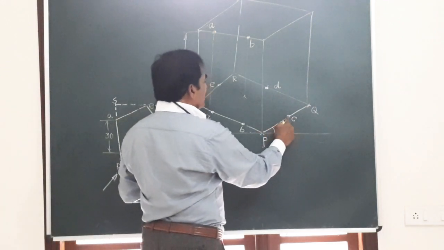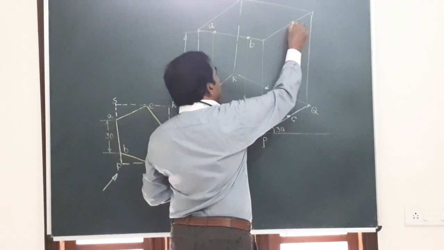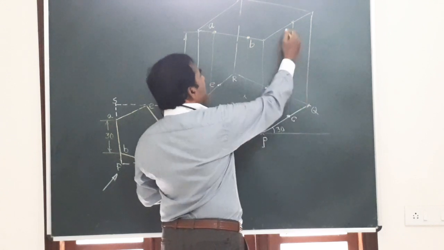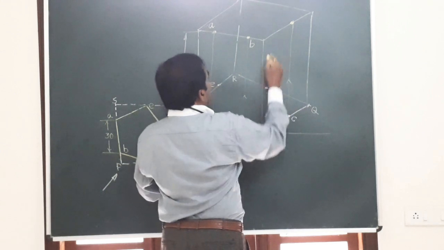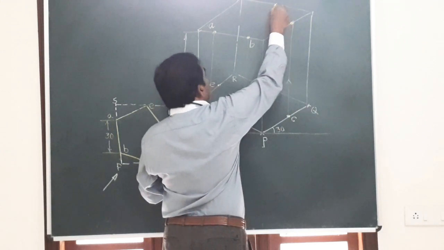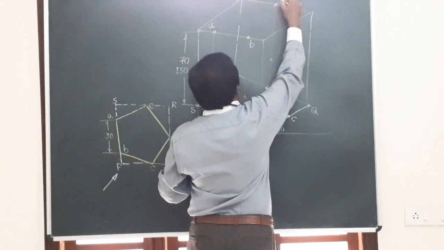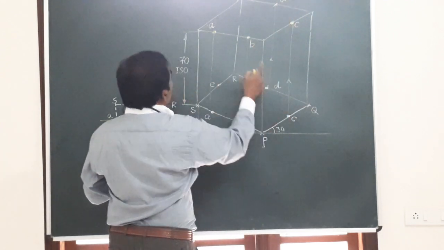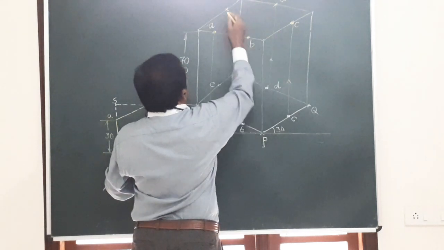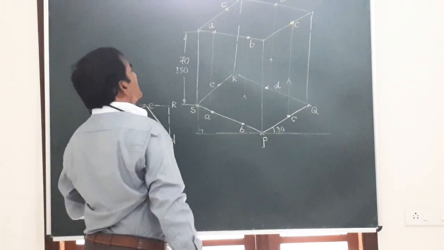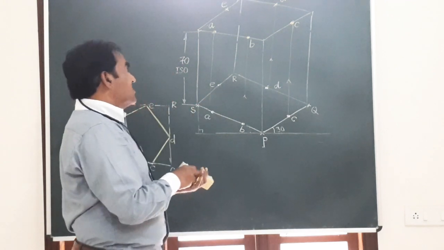Then I want to get C. C is on this line. Transfer this point to this line here. So I have simply drawn a vertical line, you touch here, locate that point. Then D, very obviously on this line center. So from here, you draw a vertical line. So you get that point D. This is C, this is D. Then E, very simple. You can just take this measurement and mark it here. Same distance, that's going to be point E. Friends, we have located all the 5 corners of the top face of the pentagonal prism.